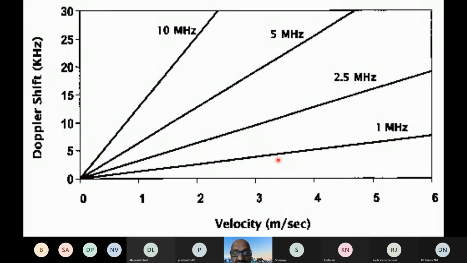So these factors are exactly opposite to that of two-dimensional echocardiography. This is called the paradoxes of Doppler. The first paradox is that Doppler works best when there is parallel echo beam orientation or alignment as compared to the flow of blood. The Doppler measurements are accurate when the echo beam is parallel to the flow of blood.